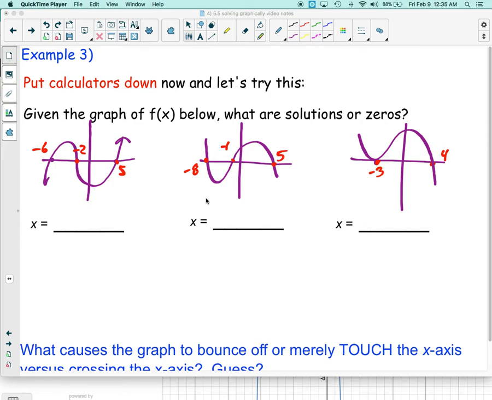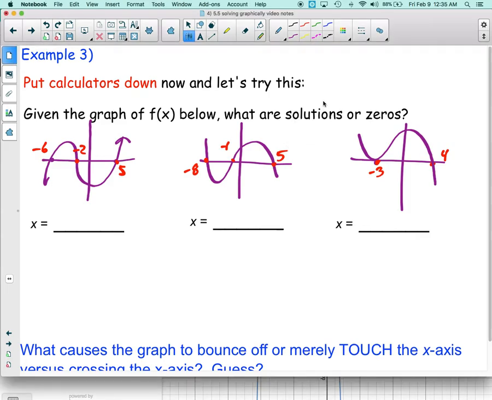Okay, so let's try this without going to the graphing calculator and kind of go backwards from what we were just doing. Given a graph, what are the answers? And then we're going to take that and do a little bit more with it too. But just think about how we look at the graph and think about where the solutions or the zeros are. So remember, solutions and zeros are the same things as x-intercepts. I just want you guys to have those terms all connected to each